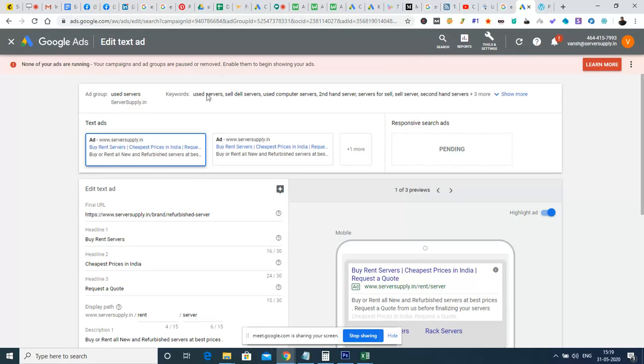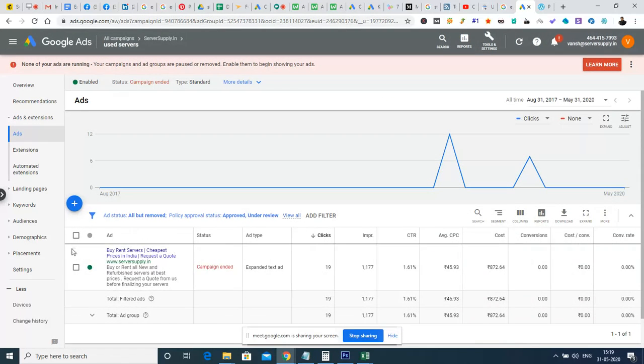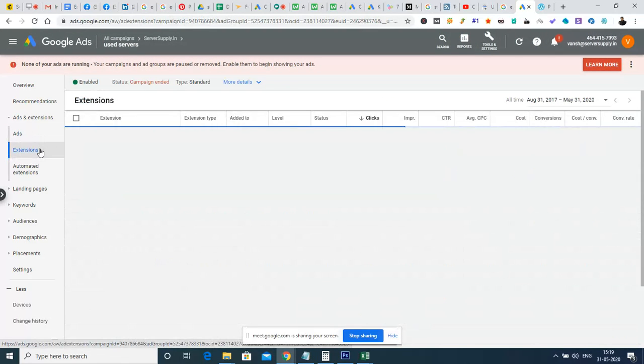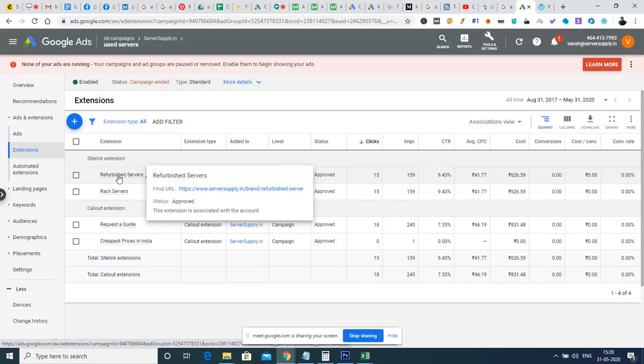Right. So similarly, we'll have the option to create an extension. Extensions are something associated with the advertisement, which will be shown along with the advertisement. For example, when you are seeing some advertisement, it will have additional site extensions with it. So those site extensions will be configured here. Like what is the site extension and what is the URL that this site extension has to go to. Suppose a single company has multiple products, and when someone clicks some product, it has to go to another landing page. We can configure that individually using the same advertisement. So that option will be available with this site link extension.